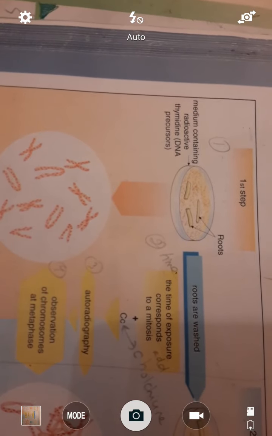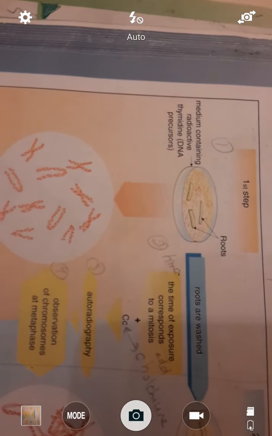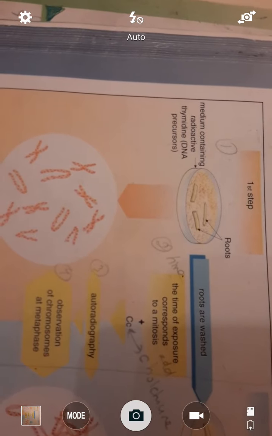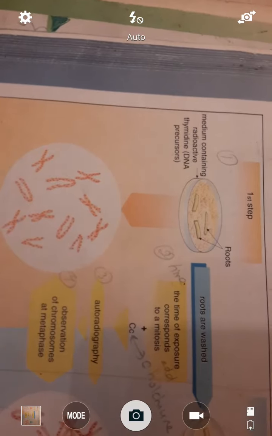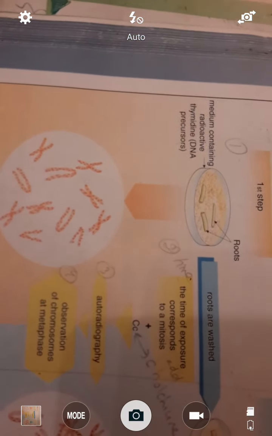Of course, we observe these chromosomes during metaphase after allowing the cell to undergo mitosis. After the cell has undergone the process of mitosis, we observe these chromosomes during metaphase. Now,